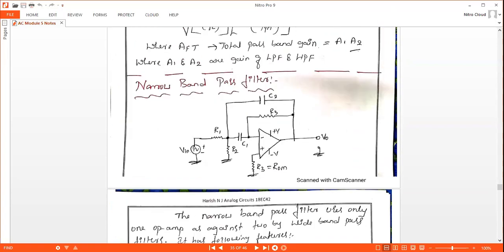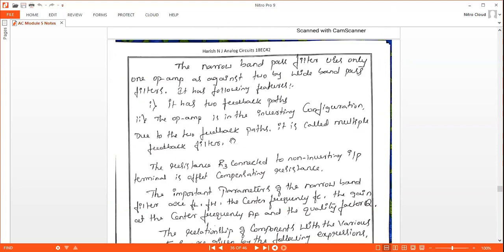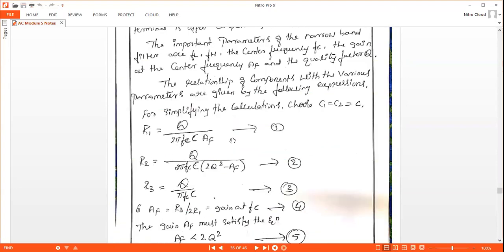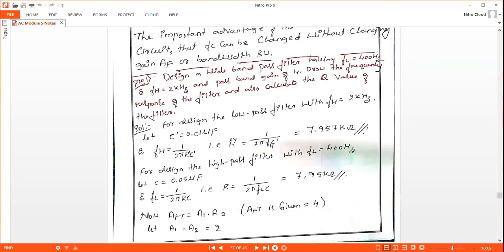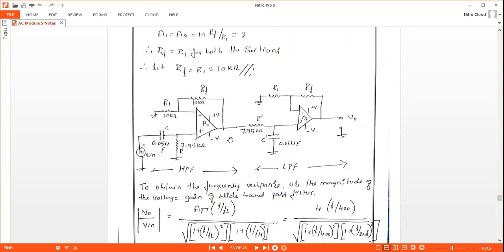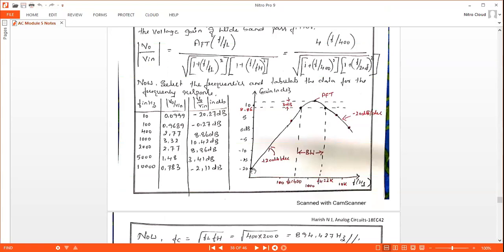Yes, this is the narrow band pass filter, and we have to design this kind of circuitry and obtain the waveform. Waveform in the sense, we have to obtain the frequency plot, which will be like this.